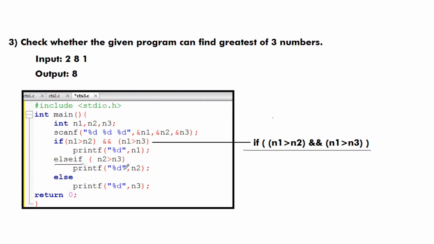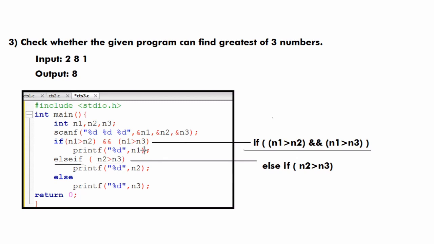As you can see, after this, we have an else if statement. Now in this else if statement, we have the condition n2 greater than n3. There is nothing wrong in the condition, but as you can see, there is no space between else and if, which is also a syntax error itself. So here also we will have to give a space between else and if. So this condition will become else if n2 greater than n3. Now after this, the next statement is printf n2. Here also there is no syntax error, and in the last statement, else, you can also see there is no syntax error in this part also.